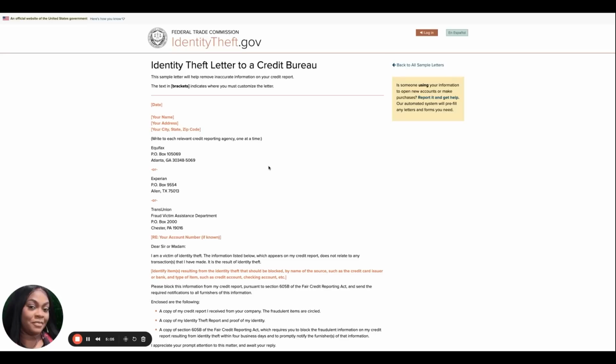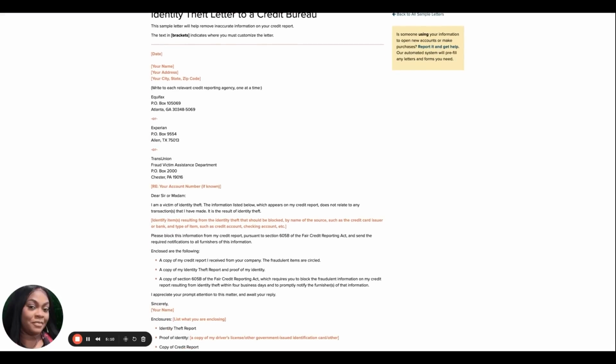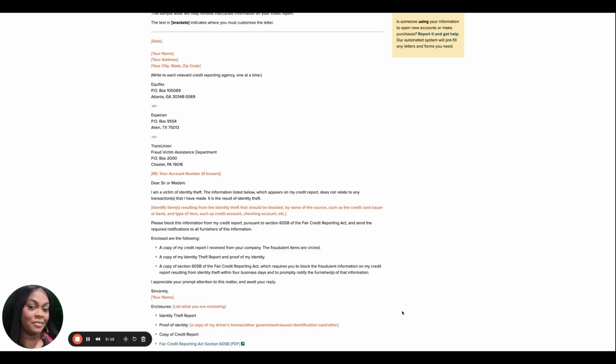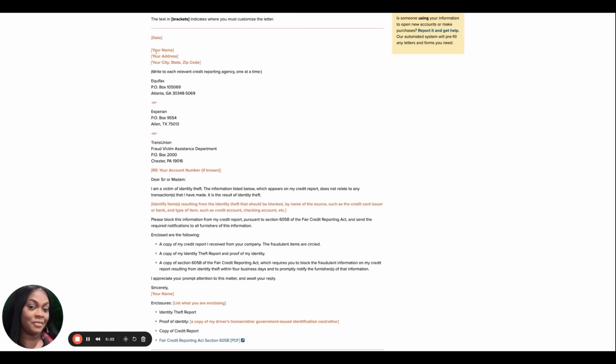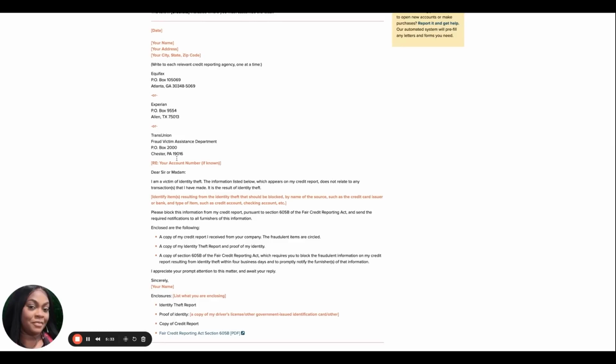So you're going to click it and it's going to take you to this website, right? IdentityTheft.gov has the template for you. You do not need to go to ChatGPT to create anything. If you guys want to create it, awesome. You can create it if you want to, but the template is right here for you. All you have to do is copy, paste it into Microsoft, and enter your information that you are trying to dispute, okay? So here's the letter here, and it basically has all the information that needs to be included in